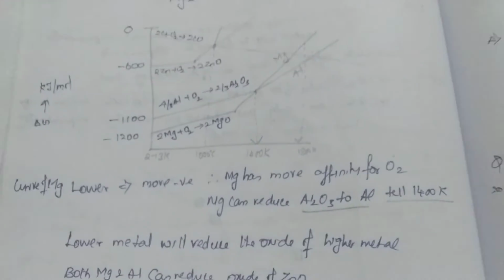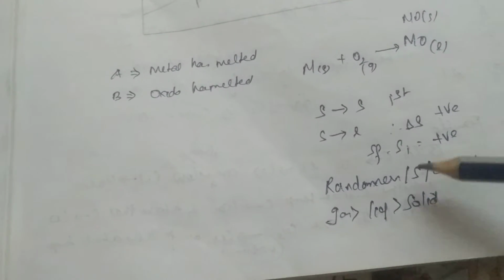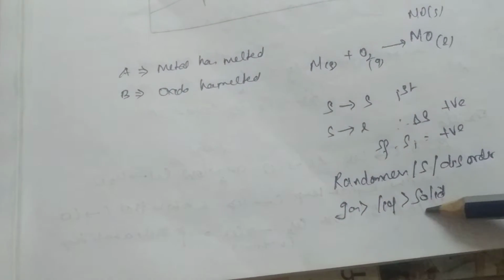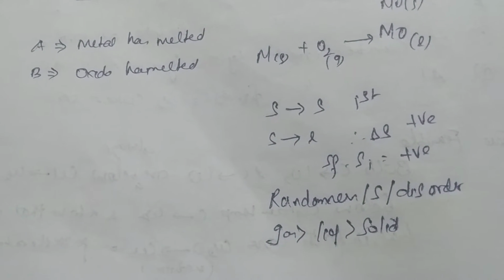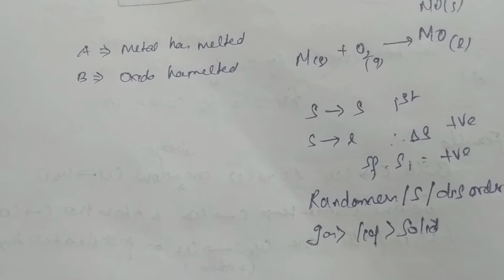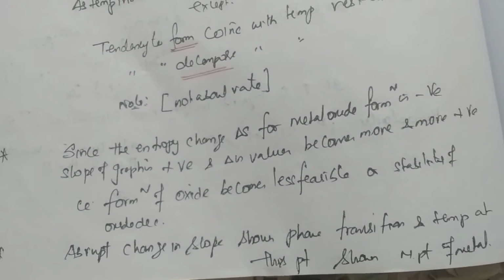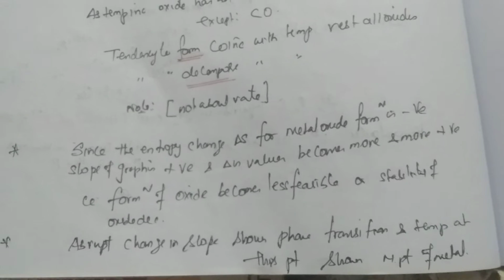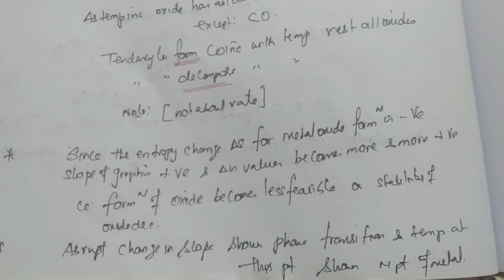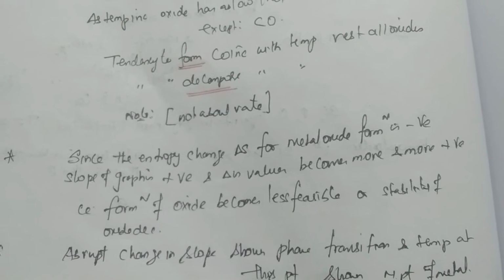And we know the randomness order. Gases have more randomness or more entropy or more disorder than liquid than solid. And therefore, if you are going to consider a solid reacting with a gas to form another solid, the entropy is going to be negative. The entropy change delta S for metal oxide formation is negative, because from solid plus gas we are getting solid. The metal oxide is solid, metal is also solid. From a more disordered state or a more entropy state of gas, we are going for a less entropy state